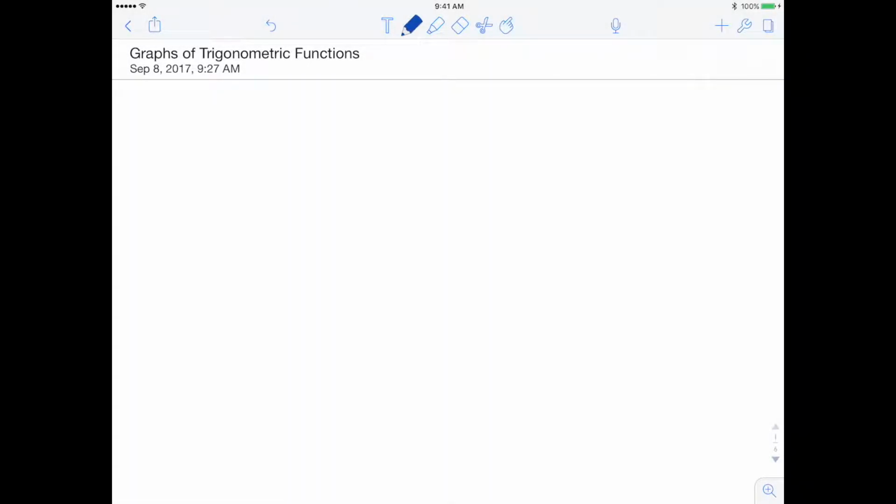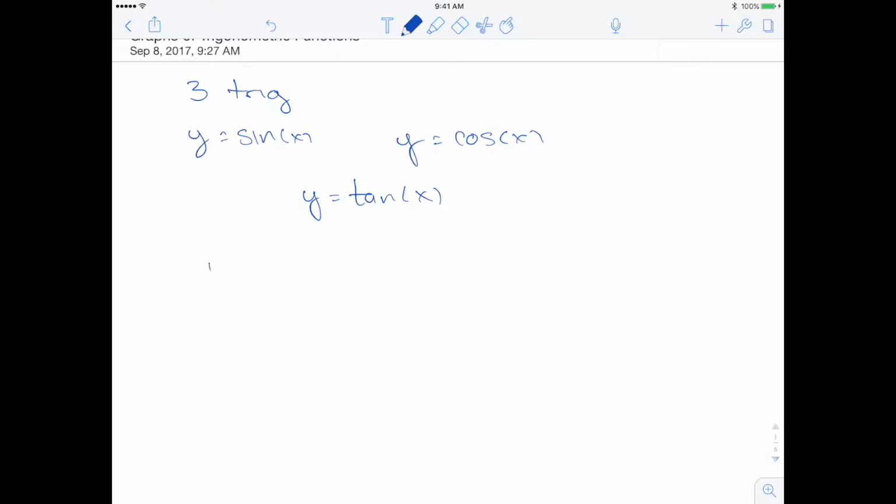Hello. Today we're going to talk about the graphs of some trigonometric functions. We're going to talk about the graph of three trig functions. We're going to look at y is equal to sine of x, y is equal to cosine of x, and then y is equal to tangent of x. We're also going to talk about translations of these graphs